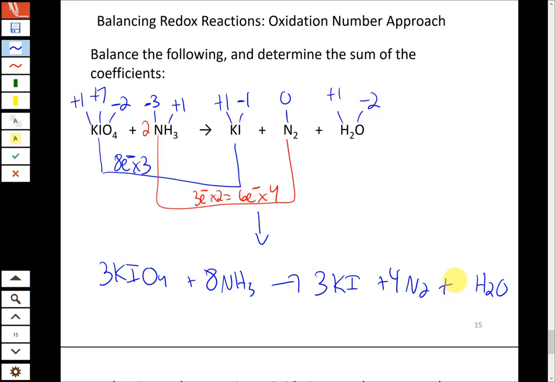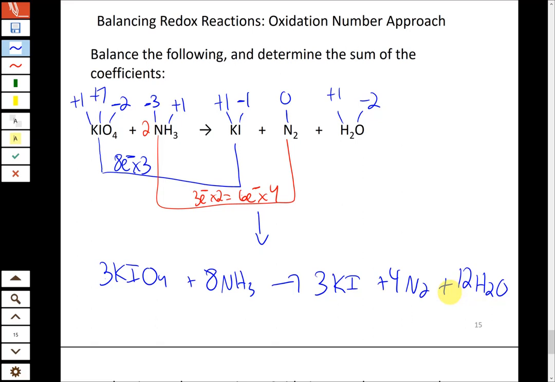So on the left side, we have 3 times 4 is 12 oxygens. And so we need to have 12 waters to balance that. Now we can also check that hydrogen is balanced, because we didn't have to do that one separately. We have 12 times 2 is 24, 8 times 3 is 24. So the same number of hydrogen and oxygen on both sides once we put a coefficient of 12 in front